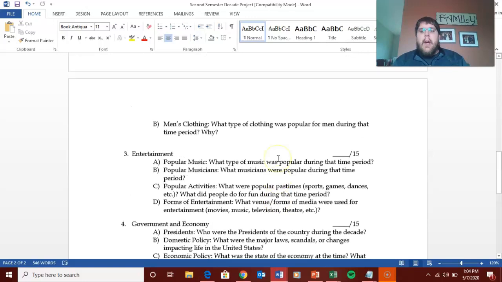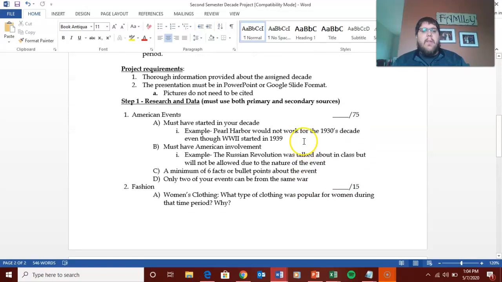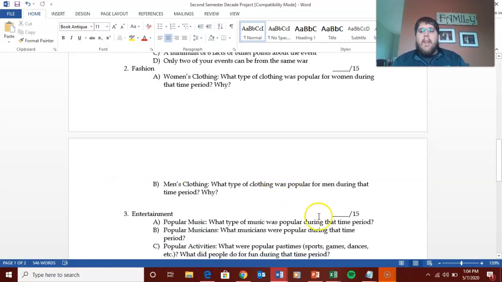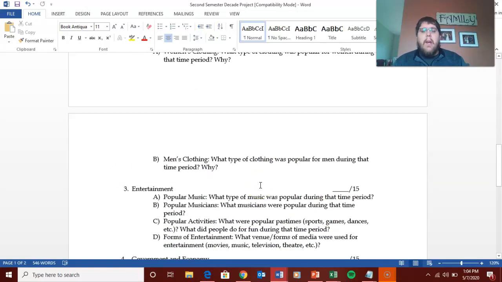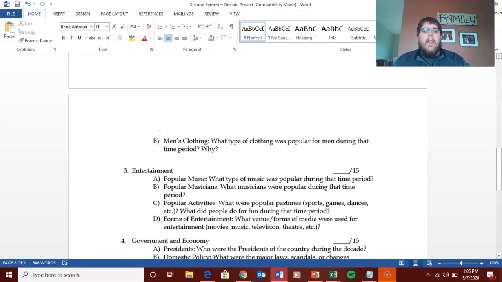And I also put in here, your math on here isn't going to add up for what I have. The reason that's the case is I used to assign this entire project when we were working in school and had it at 50 minutes a day, but trying to keep with the 20 minutes a day time period that the state and the school told us we should do, I'm only going to have you guys be picking 2 from this list below. So all of them are going to say out of 15 points. That's true, they are out of 15 points, but you don't need to do all 6. Now, if you want to do extra, I usually don't allow this, but because we are doing distance learning, I am going to let you do a few more for some extra credit. So you do have that option. You do have that ability as well.